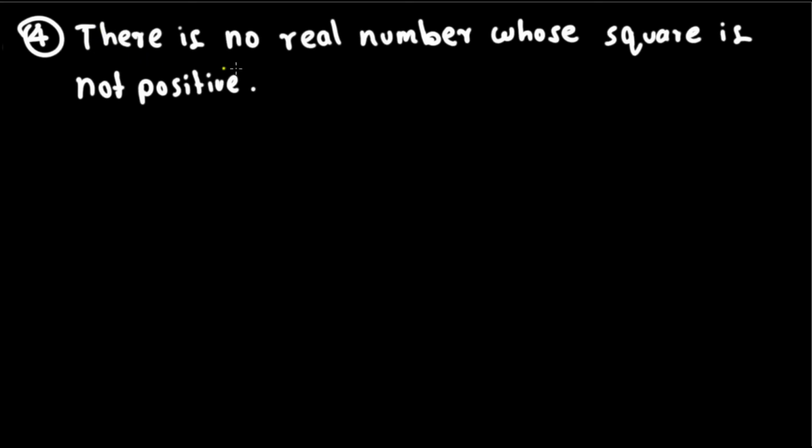Now let's look at the next one. Here it says there is no real number whose square is not positive. How to write this one? So we can say there exists an x belongs to real number, x square is less than or equal to 0. Okay, there's no real number whose square is not positive. So we can say there exists a real number, x square is less than or equal to 0. Okay, so let's